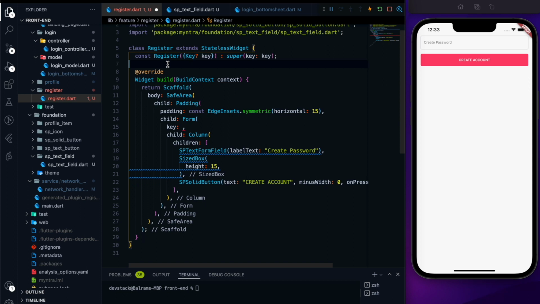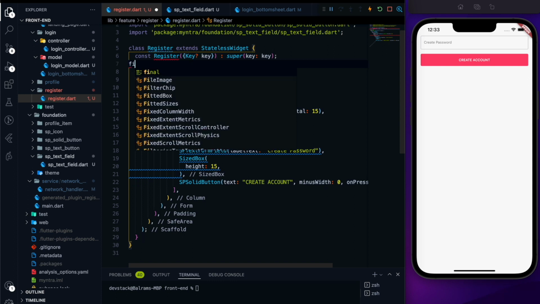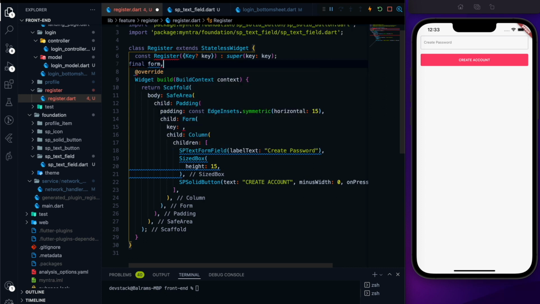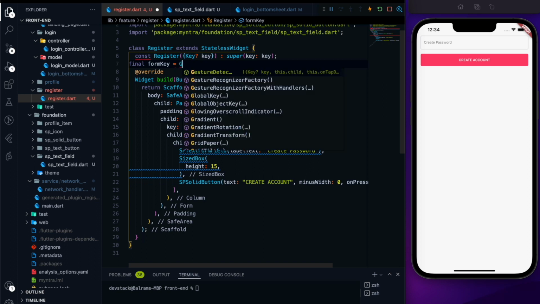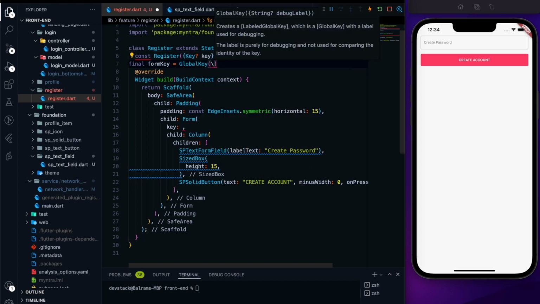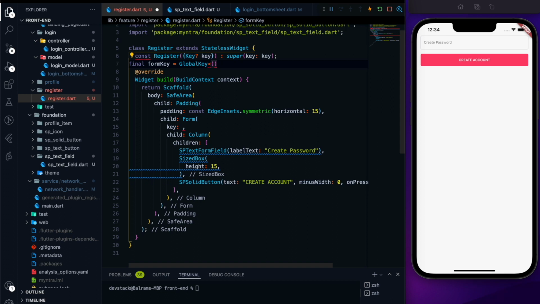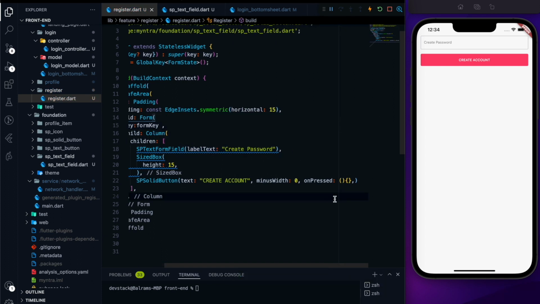But just to see how the validation works, let's create a key over here, form key, and it will be a global key which has a type of form state. And I'm going to provide this key here. So on press will take the